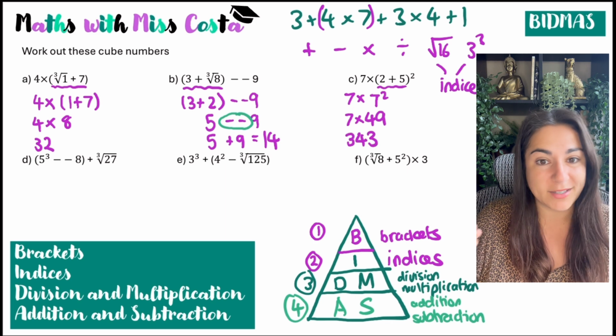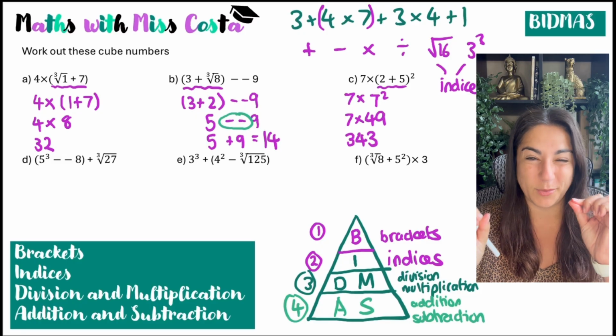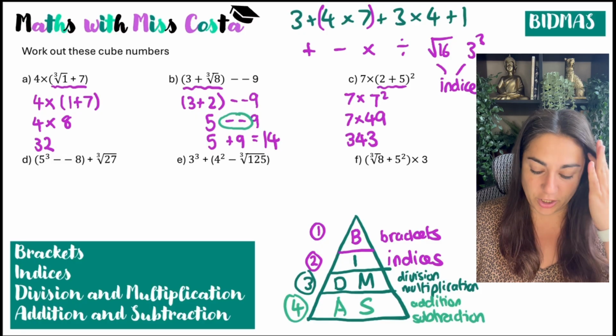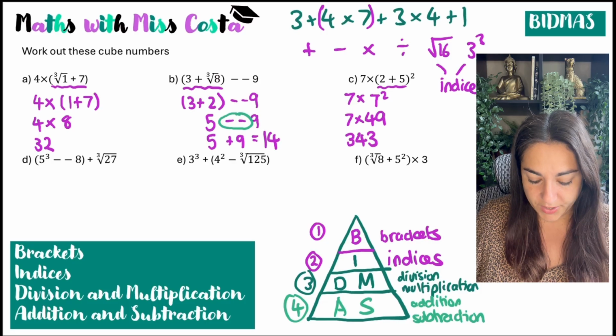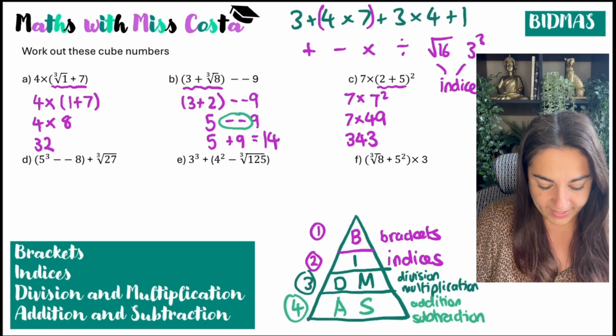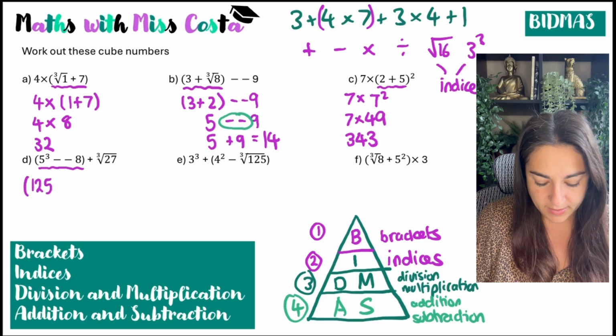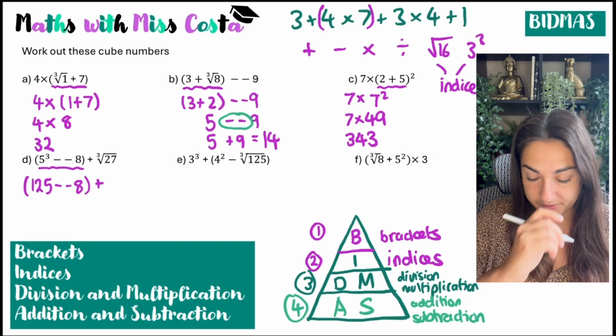So if you've ever got a square number times by its square root, it's going to make the cube number. Okay, then we've got another one. We've got brackets. So again, I'm going to start here. 5 cubed is 125 minus 8 plus the cubed root of 27,